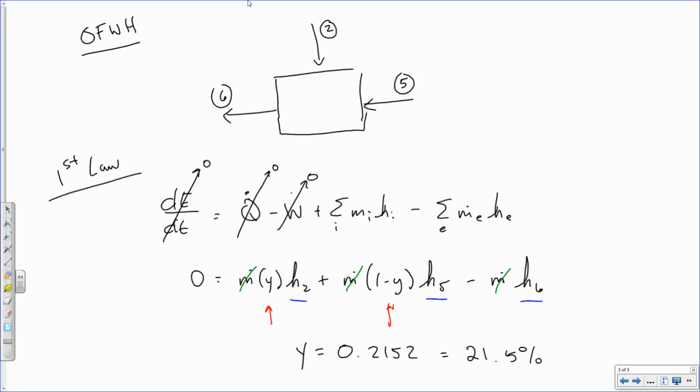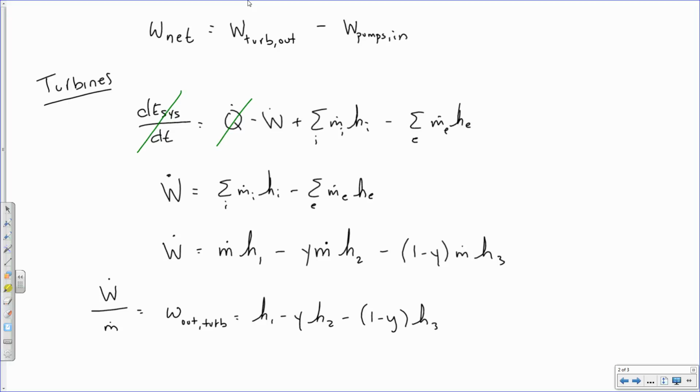Again, why did we need to solve for Y? Because way back here, when we wanted to solve for the net work, which goes into our thermal efficiency equation, we need to determine the total amount of work that's done by the turbine. And because the turbine work is dependent on Y, we needed to solve for Y. So this equation,